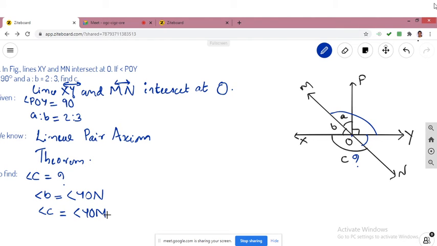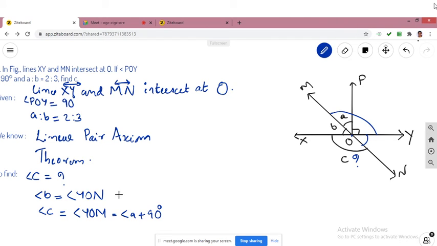Can we split? Yes, ma'am. Angle A plus 90 degrees, which is equal to angle A plus 90 degrees. Why can we do that? Why can we do a splitting here? Since they are adjacent; if they were not adjacent, we can't do that. We can split this angle because angle POY and angle A are adjacent angles. They have a common vertex, a common arm, and non-common arms lying on either side. So then we can write it like this.